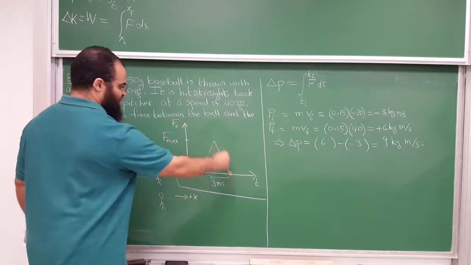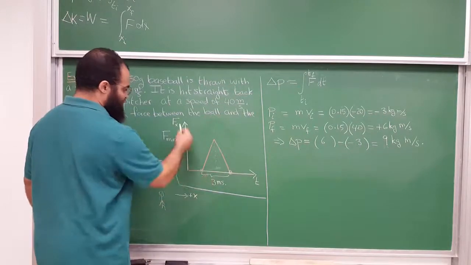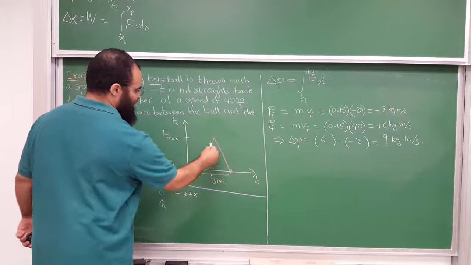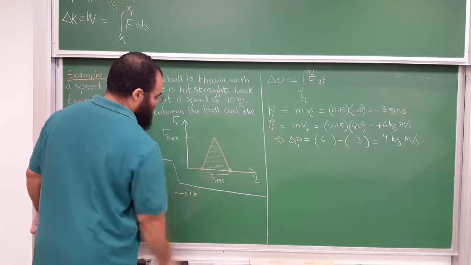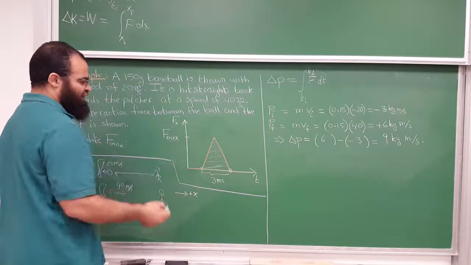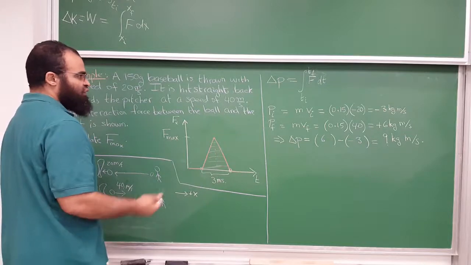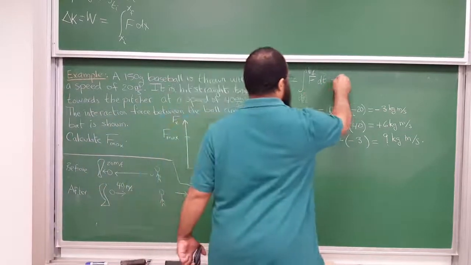And we have this curve here. We're integrating force versus time, so that's the force, that's the time. So it would be the area of this. So what's the area of this triangle? Well, it's half the base times the height. So this part here will be half the base